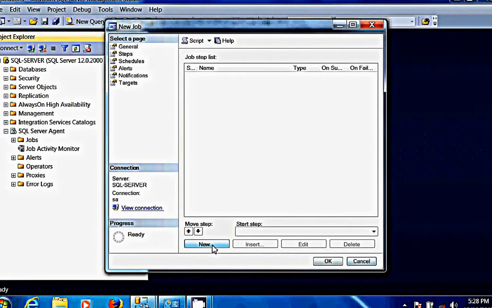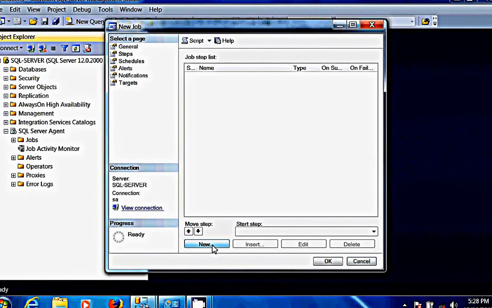Again, if you want to create another step, we have to click the New button again. So it will create so many steps. Suppose I have 5 steps, 1 2 3 4 5. After completion of all these 5 steps, I want to execute step 5 first, and after that step 1 I have to execute. So based on the step, I can choose it here.